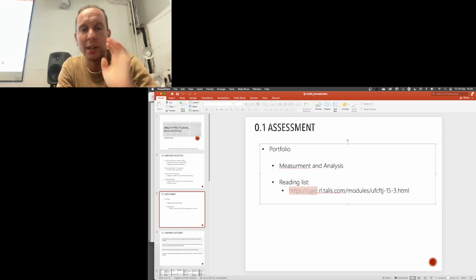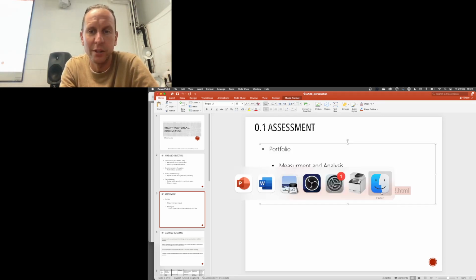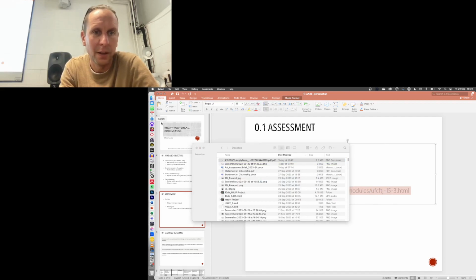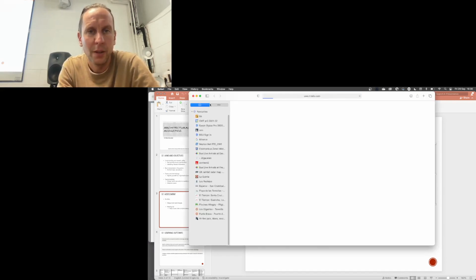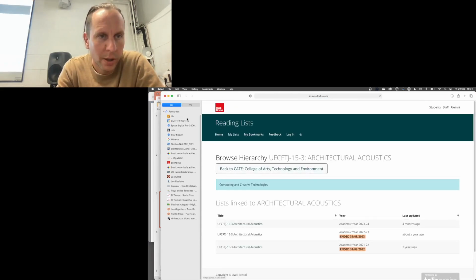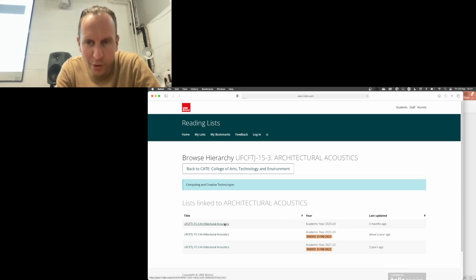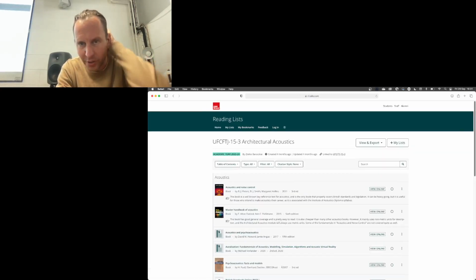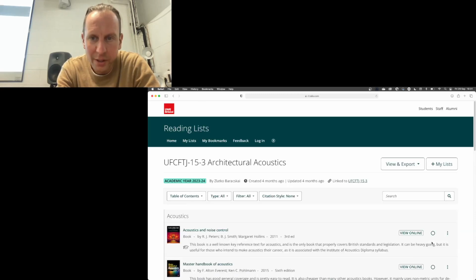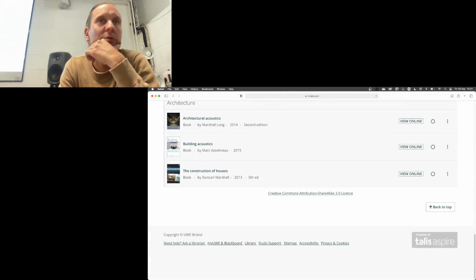Now, in terms of the reading list, I'm going to admit that I didn't double check this link just now, so I might as well. And it seems that it does work. So let's briefly observe. Normally they just copy over the reading list from last year, and it looks like they've done it well. So there are a lot of books.